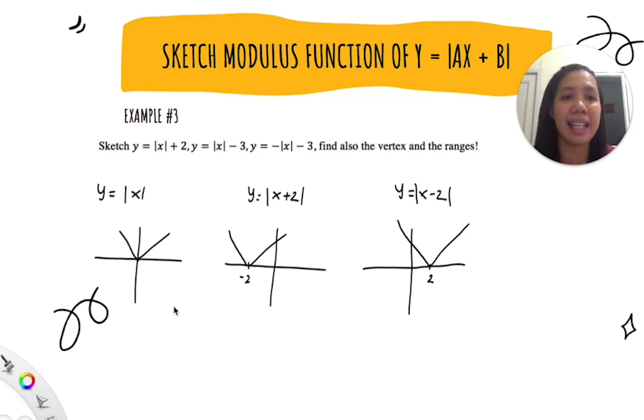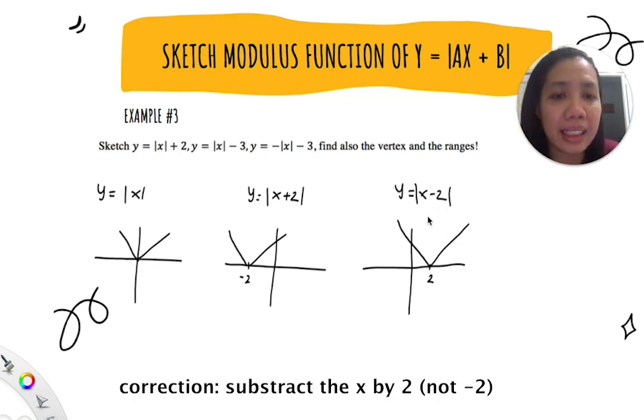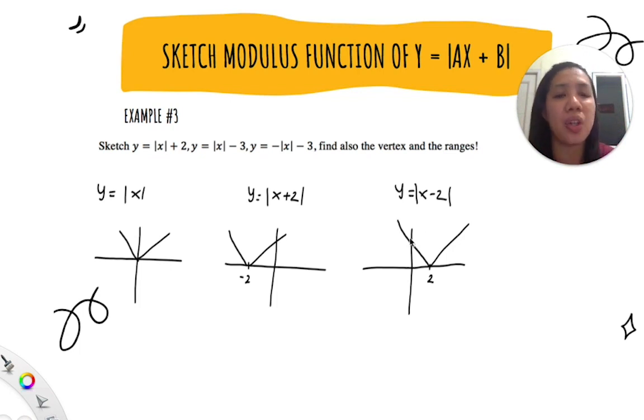And then in the second example, we have two functions there, y equals absolute of x plus 2 and y equals absolute of x minus 2. Pay attention on this, we actually add 2 to the x and we also subtract 2 from the x. Because we are adding and subtracting the x value, or the x coordinate, there will be a change also on the graph. The graph will be shifting along the x-axis, to the left and to the right. Now pay attention on its changes.